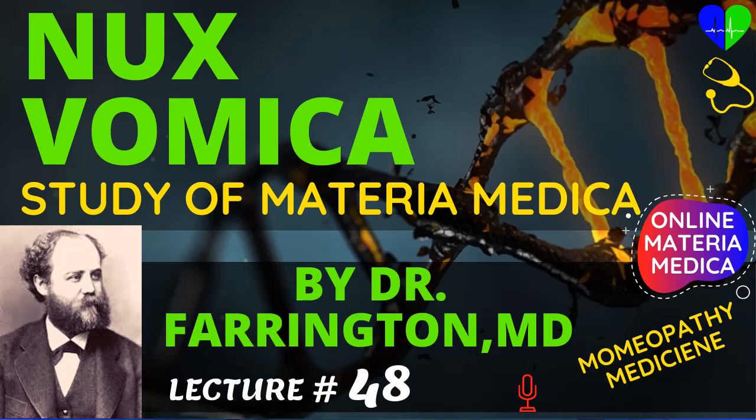It causes drawing, tension, and stiffness of muscles and joints, with bruised, sore feeling, as after a blow. This tension is marked enough in the temporal and masseter muscles to suggest trismus. The drug also affects the bones. There are points of resemblance between Angostura and another of the Rutaceae, the Ruta graveolens. Injury to periosteum frequently suggests the latter, and it is quite probable that injury with incipient muscular contractions may need